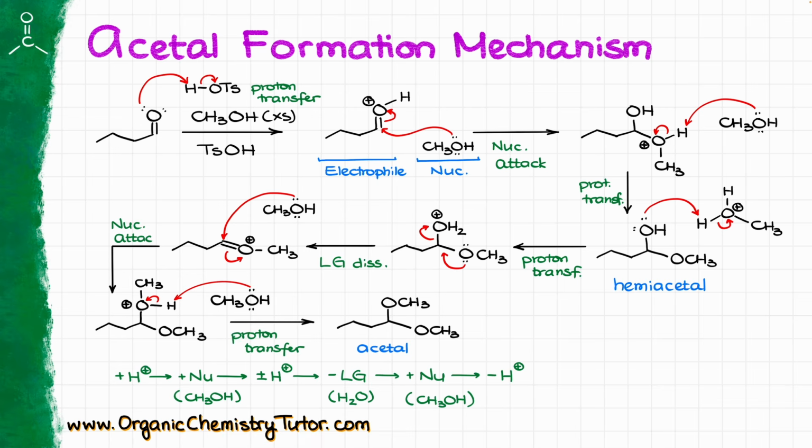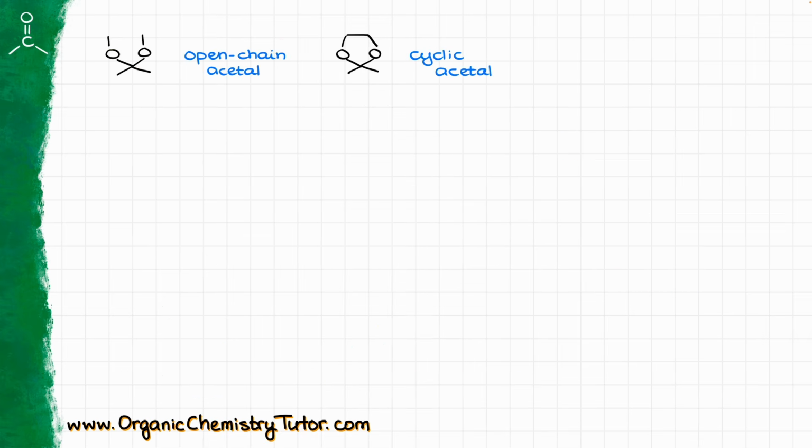And while the mechanism is going to look a little bit different based on the molecules that you are inputting into the mechanism, the pattern is always going to be the same. So do yourself a favor and memorize this pattern, because using this as a blueprint, you will be able to come up with the acetal formation mechanism for any combination of a carbonyl and an alcohol that you have in front of you. Now, as I've mentioned a moment ago, acetals can be open chain, like in the previous example,